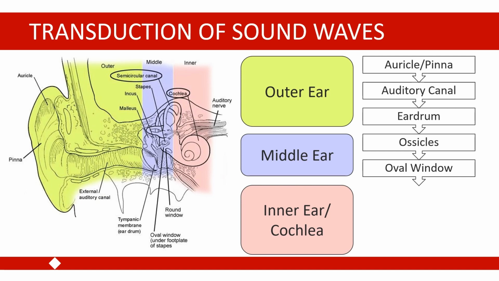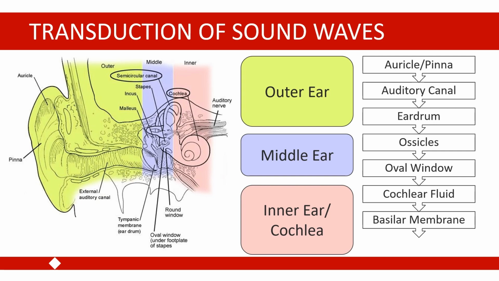So the vibration of the stapes is going to cause the oval window to vibrate. We then reach the inner ear, or the cochlea. The cochlea is this snail-shaped structure in the inner ear, and the cochlea is full of fluid. So when the oval window vibrates, that causes the fluid inside of the cochlea to vibrate. When that fluid vibrates, it causes the basilar membrane, which is a membrane that is lining the outside of the